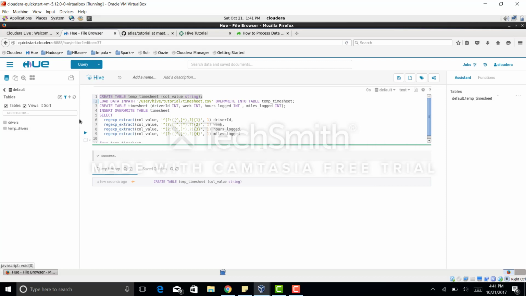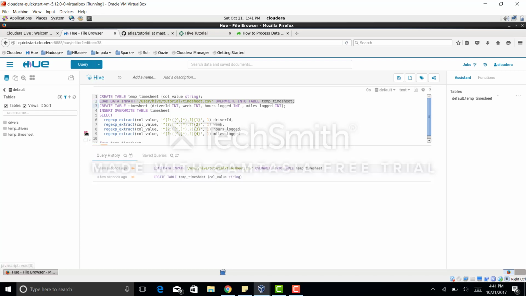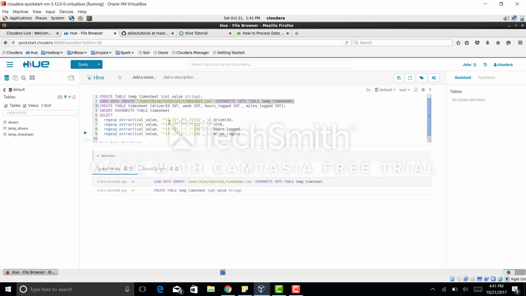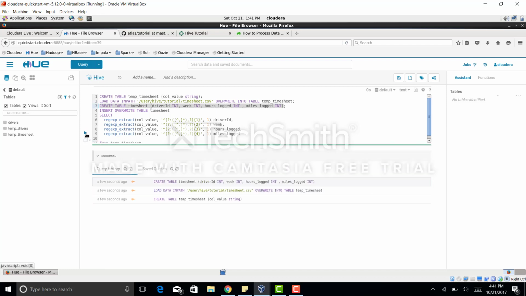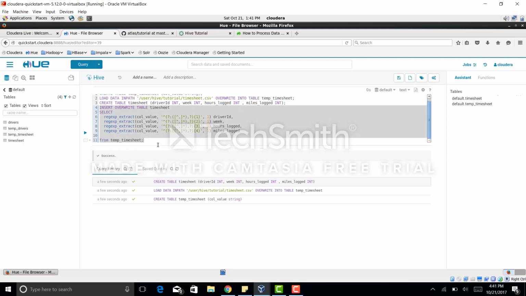When I run this query, you're going to see the new table created, and this is where you load the data into the table temp_timesheet, and this is where you create another table called timesheet. Then you run this insert overwrite table to extract the data from the temporary timesheet into the timesheet table. So when I run this query,